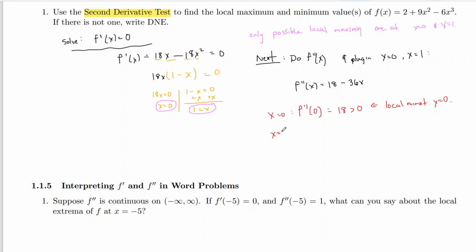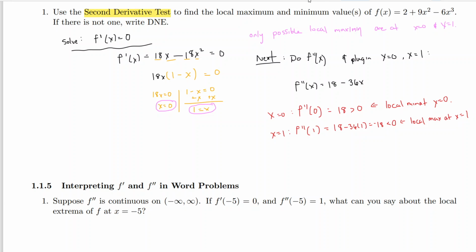Okay, and then at x equals 1, we want to plug in 1 to the second derivative, f prime prime of 1, and we get 18 minus 36 times 1. Well, this is just 18 minus 36, which is negative 18, but what we care about is this is less than 0. And we kind of breathe a sigh of relief. We don't have to go through and do all that sign chart stuff because it's not 0. When the second derivative is negative, we have a local max